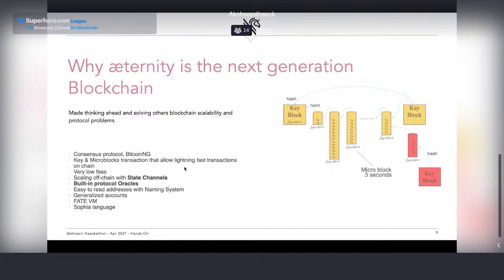That way, with aeternity, we built a blockchain that is highly scalable, very fast, with very low fees on transactions. And it's not magic.